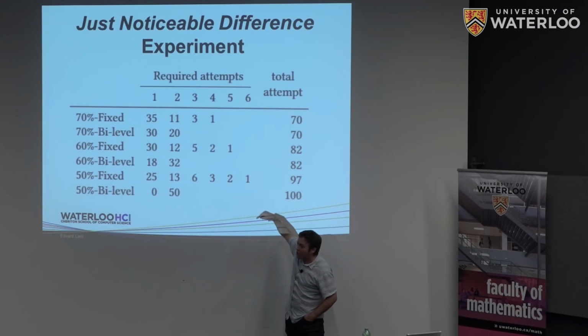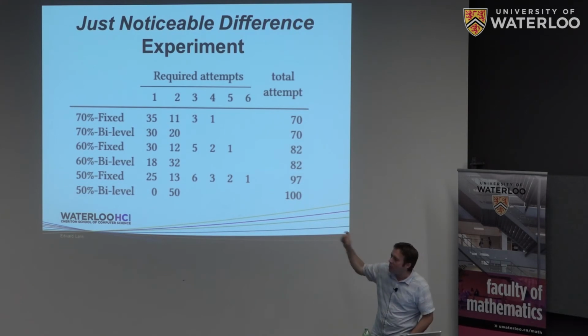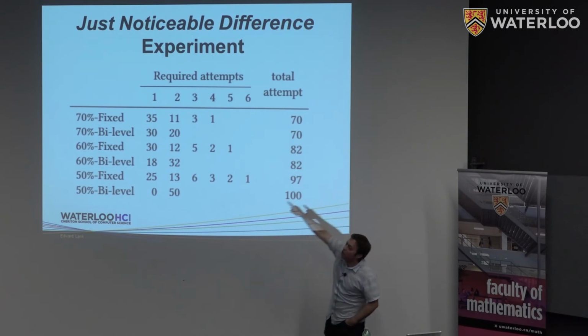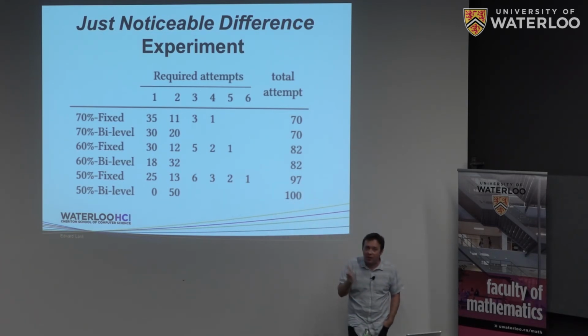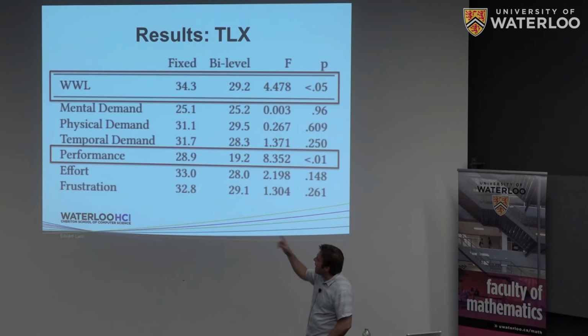The way that we did this is essentially a within subjects experiment on recognition rate, with recognition rates as between subjects factors. That's so that people are getting exactly the same amount of work for two different recognizers. They still have to do 70 gestures in order to get 50 correct, or 82 gestures in order to get 50 correct, or 100 gestures in order to get 50 correct. It's just the strategy that we've got is different, and we wanted to see whether there was a difference in perspective on that. And we used an instrument called the NASA Task Load Index.